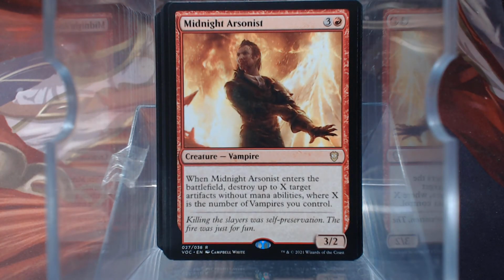Midnight Arsonist enters the battlefield: destroy up to X target artifacts without mana abilities, where X is the number of vampires you control. I don't know how useful that is. I mean, I'm going to play it, but...